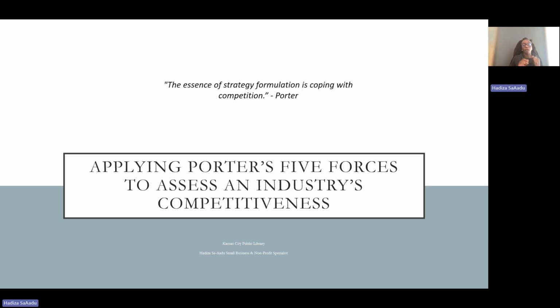And this is a way to make the application of the framework a lot less rigid to avoid some of the drawbacks that we just covered in the common critiques of Porter's five forces slide. Okay, so hopefully that is making sense as far as how to use this in a more nuanced way so that it is relevant for our times. We are going to cover now an example.